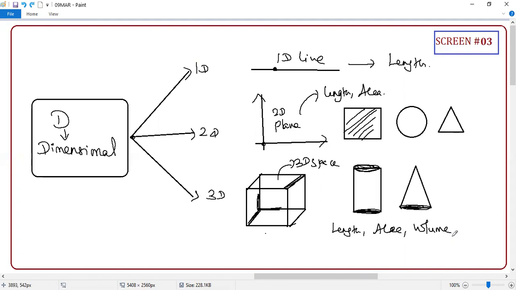If I ask you, what is the volume of a square? Who knows the formula? Volume of a square, who knows the formula? A cube. A cube is the volume of a square, right? How many of you agree with that formula? Volume of a square is A cube. How many of you agree? Don't agree. Sir, don't agree. Why? Cube only, sir. A cube. What is the volume of a square? A square. Volume of a square is A square.